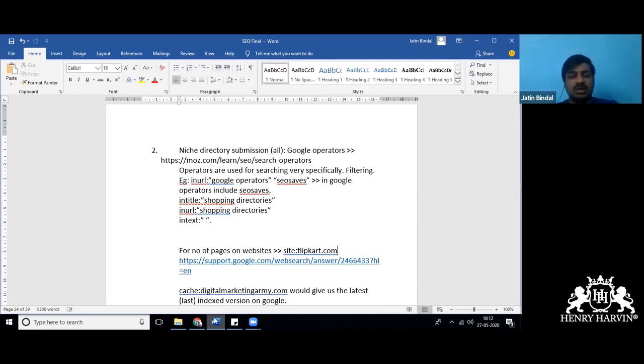And keep one thing in mind, these submissions don't get approved instantly. These submissions take 1 to 3 months to get approvals. Most of the time what happens is that these sites also don't give it to you, so that is also a very common practice. So you have to keep checking for 3 months. If you are not getting it, that means they have not given a backlink to you.